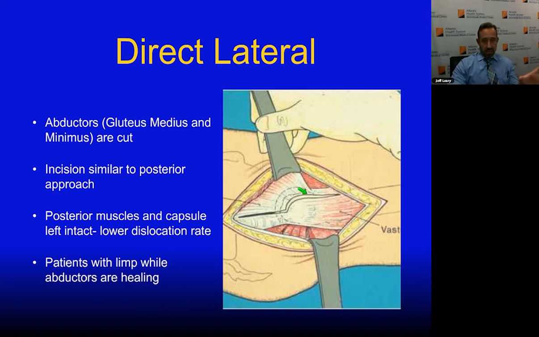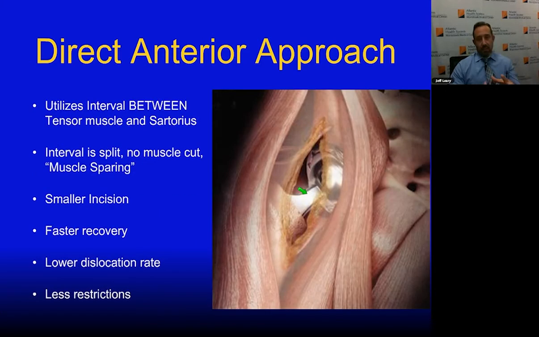But this is also a very good way to do the surgery, and it is more muscle sparing because you're not violating the back of the hip. The third way, and this is where I think has really revolutionized hip replacement in the last decade, is called the direct anterior approach. The actual approach has been described years ago and has been used for trauma and other procedures, but it's really become popular for hip replacement electively in the last few years.